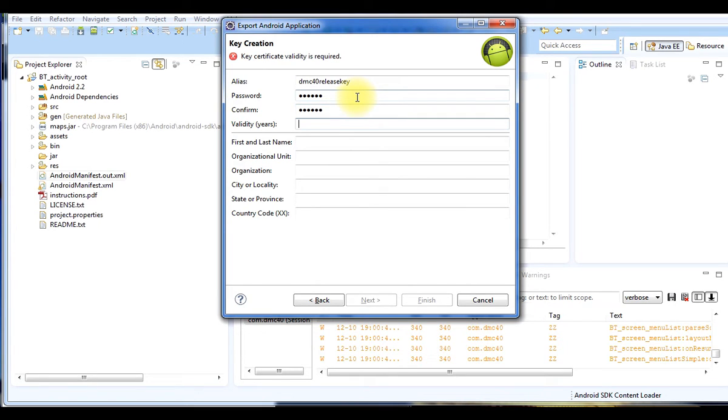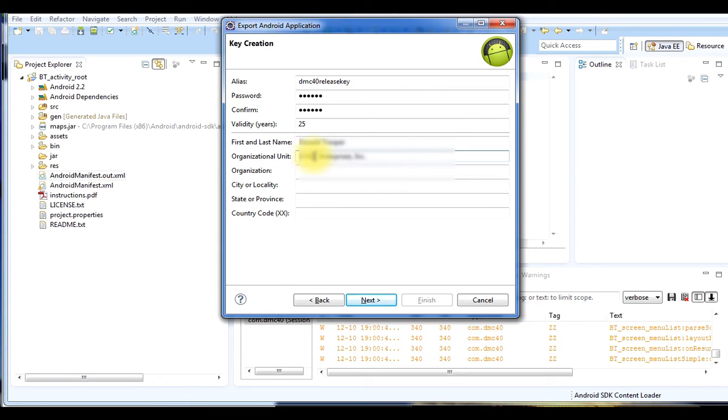Validity is the number of years that you want your app to remain active. Enter your first and last name. Organizational unit and organization tend to refer to companies that are doing software development. However, in our case, it could be something like App Bazinga Developer and App Maker, but it needs to be something related to you, what you're doing, and the kind of apps that you are making, in particular the app that you've just created.